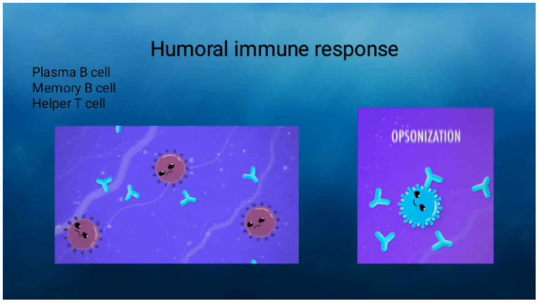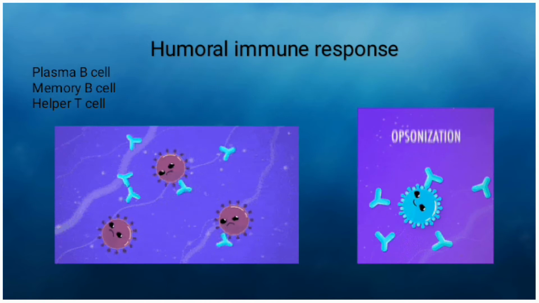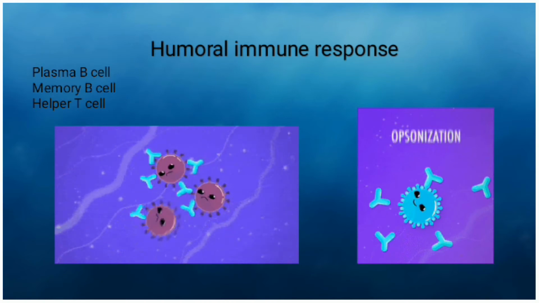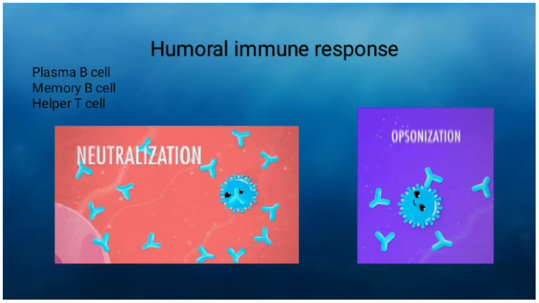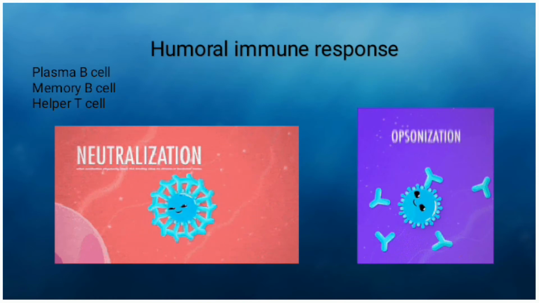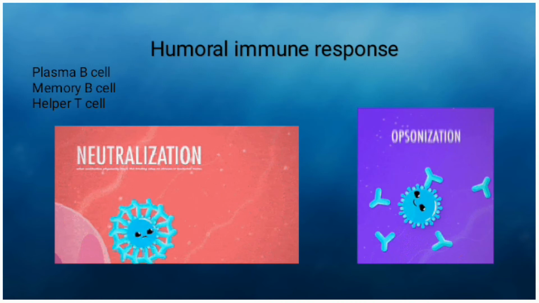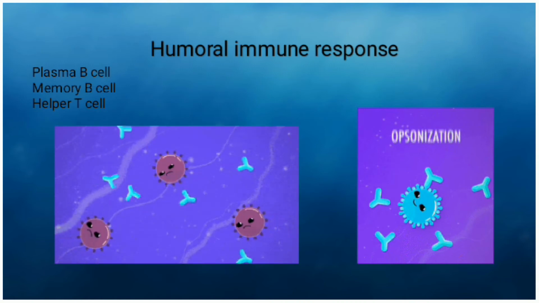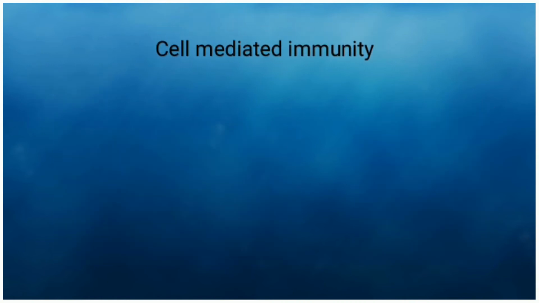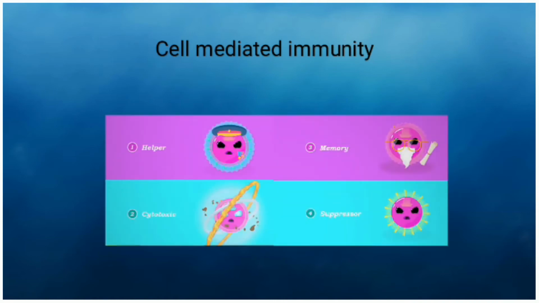The last function is called opsonization, which can attract macrophages to engulf the pathogen. As for memory B cells, they can be activated directly if the same pathogen invades our body again. Our last line of defense, which is cell-mediated immunity, involves cytotoxic T cells, helper T cells, memory T cells,